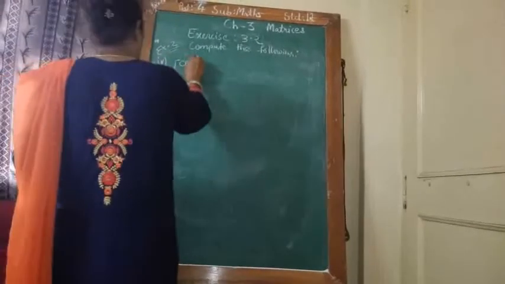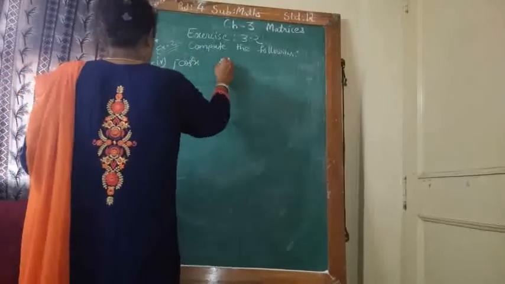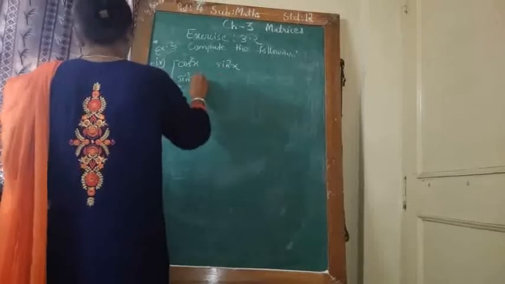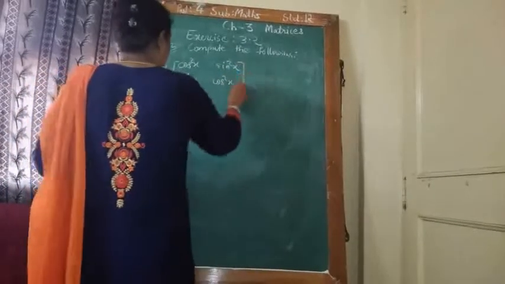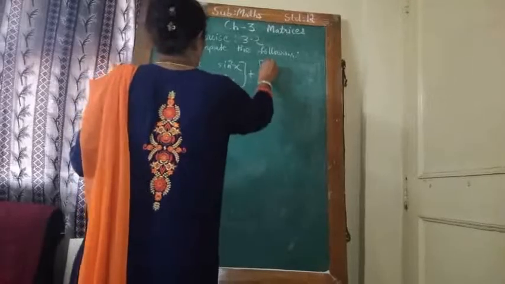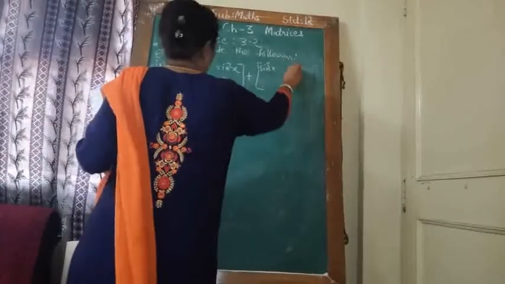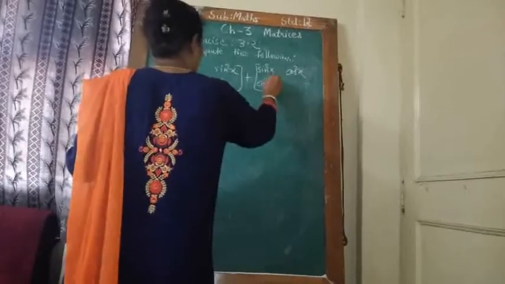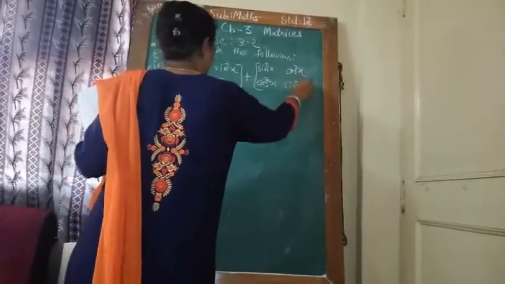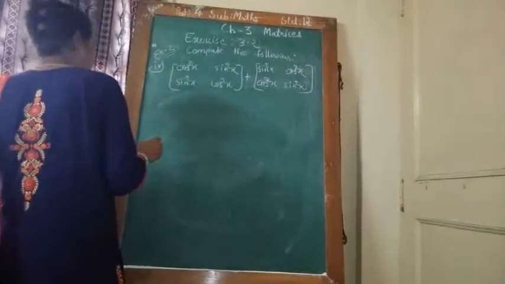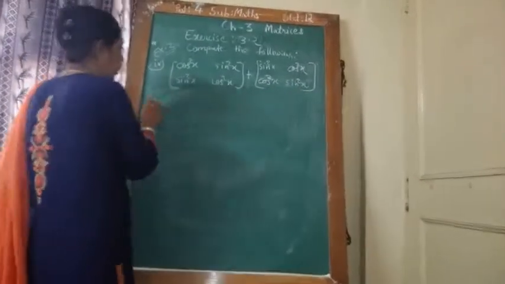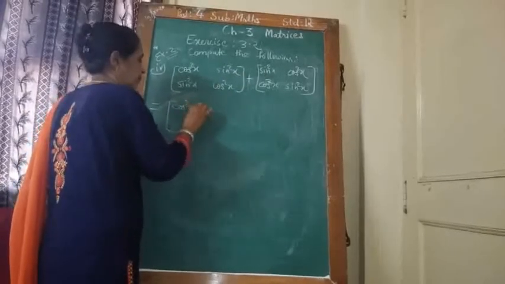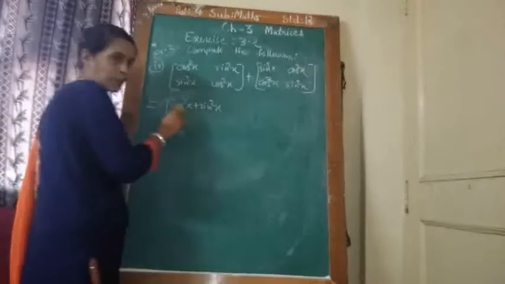Fourth one, the elements are written as functions: sin square x, cos square x, sin square x, cos square x. This is also easy, but there is some formula you have to apply here. So I have taken this cos square x, sin square x. Both matrices are of order 2 cross 2. So here what you have to write? Same way, cos square x plus sin square x. This is identity, no? Its value is there.